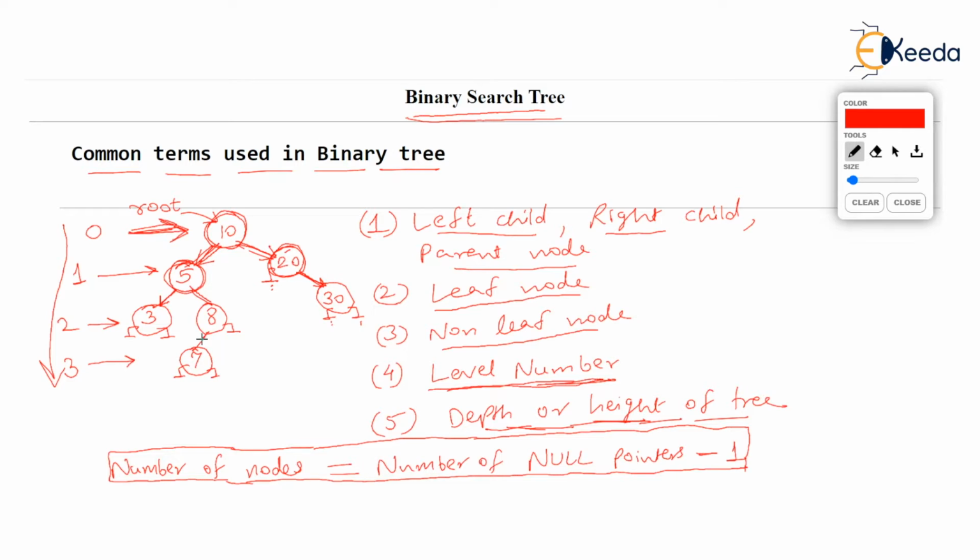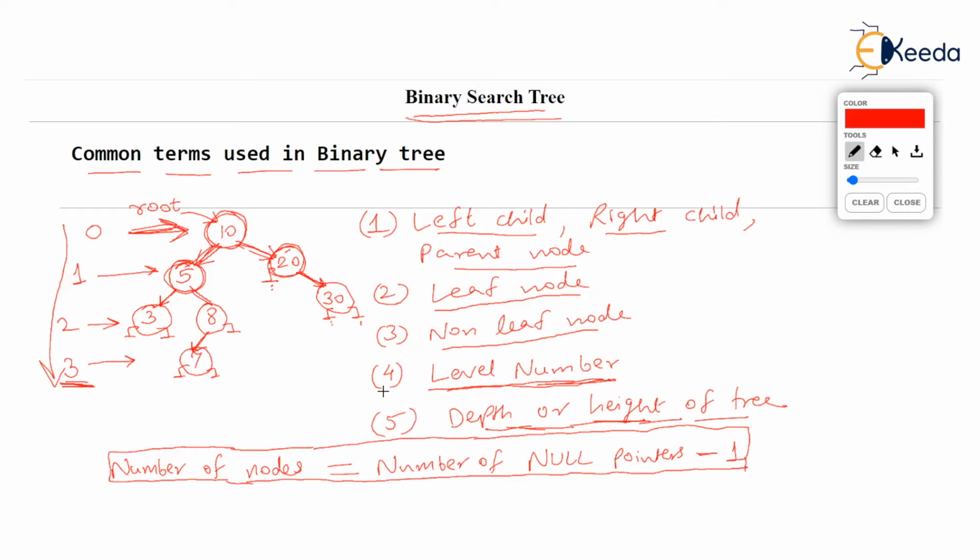So you can see that the longest path to any of the leaves is 3 over here. So we say the depth of this binary tree, or height, is 3. In simplest terms, I look at it as the depth of the tree being nothing but the largest level number. That's very easy, isn't it? You already know what a level number is, and you know that the biggest level number for this tree is 3. Then you simply declare that the depth of the tree is 3. So these are some of the common terms used while discussing binary trees. You will often encounter these terms.